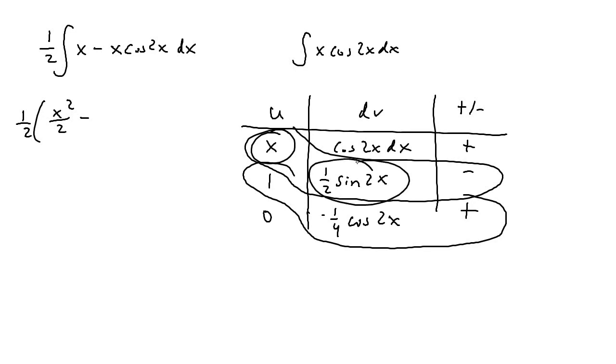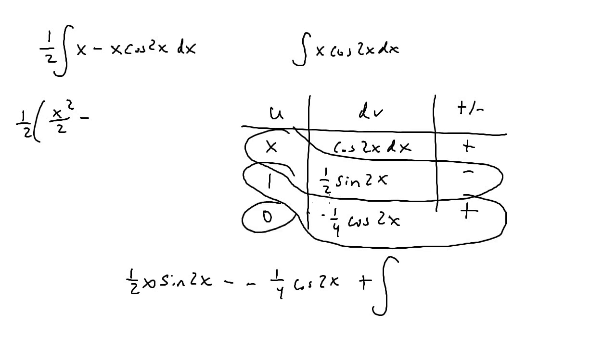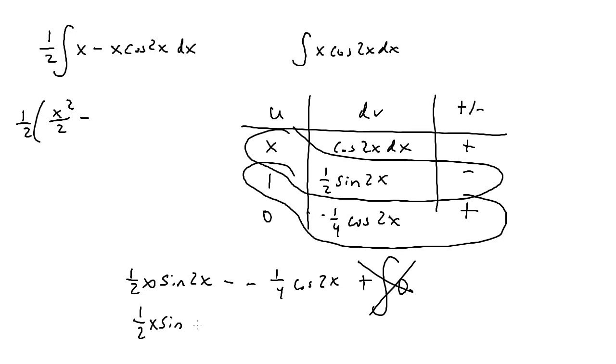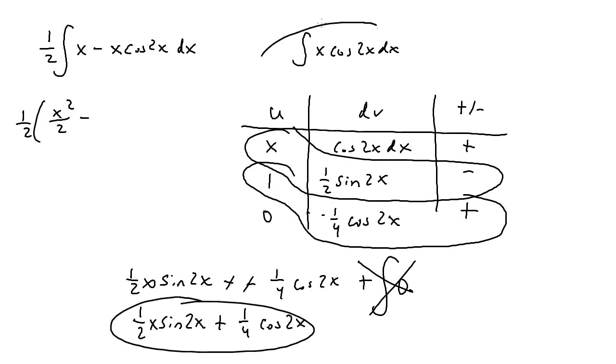So we're going to multiply x and 1/2 sine of 2x, so we get 1/2 x times sine of 2x. We do have a minus here, so minus, we have 1 times negative 1/4 cosine 2x, so minus a negative 1/4 cosine of 2x, and then we have plus the integral of the last row. And the integral of 0 times just negative 1/4 cosine 2x, that's the integral of 0, which is obviously still 0, so that will cancel. And so if I go ahead and rewrite this, we have 1/2 x sine of 2x, minus negative will cancel, so plus 1/4 cosine of 2x, which is what we have found for the integral of x times cosine 2x